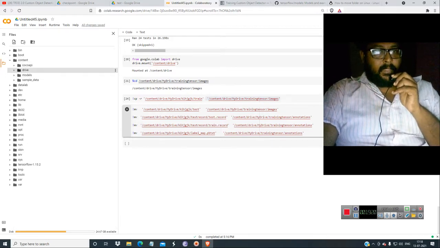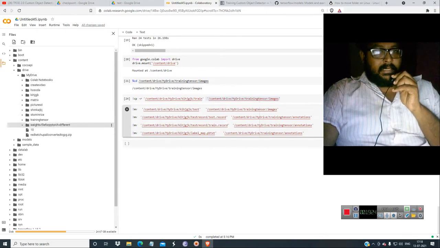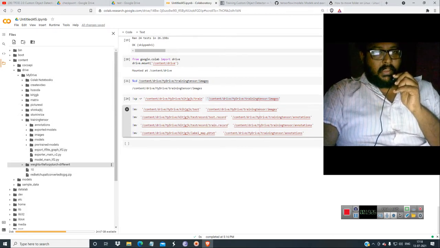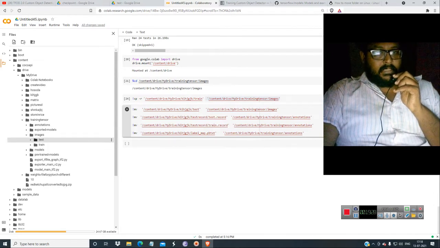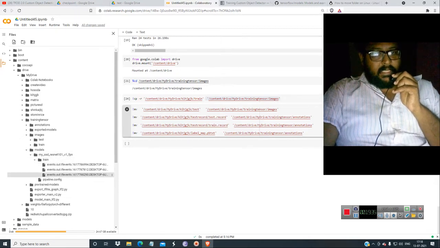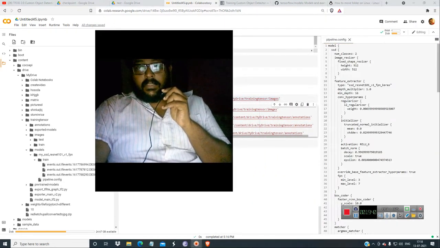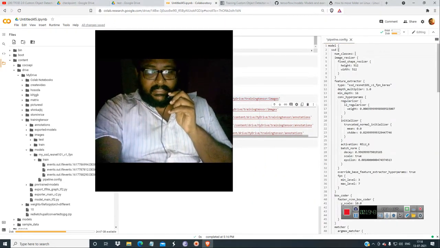In my drive, in training tensor, there are two places where you can find the checkpoints and everything. These are all TF events. So this is configuring the pipeline. The number of classes here is 3.